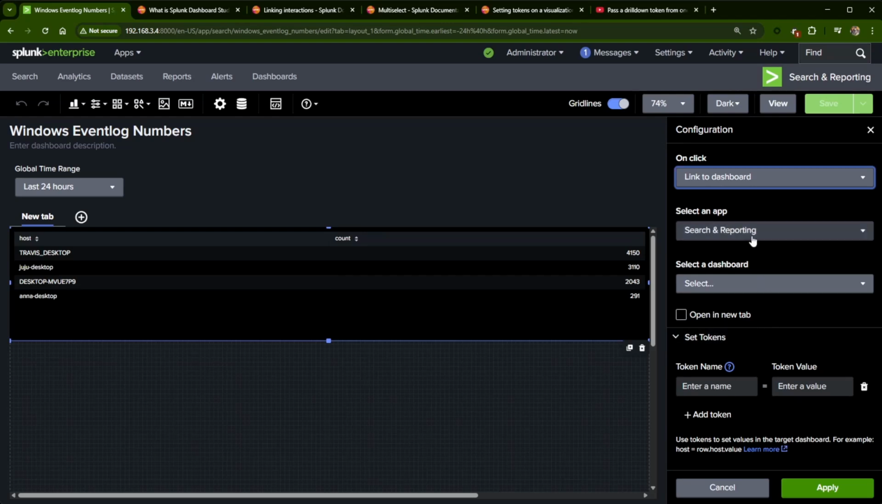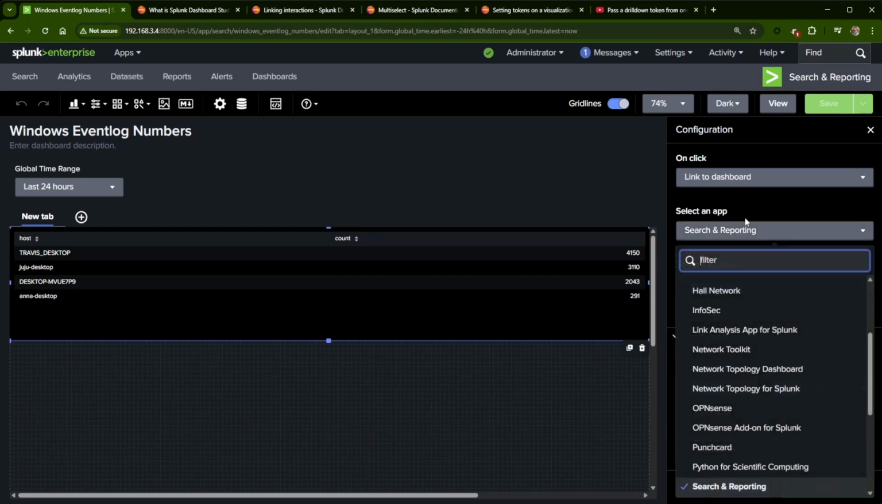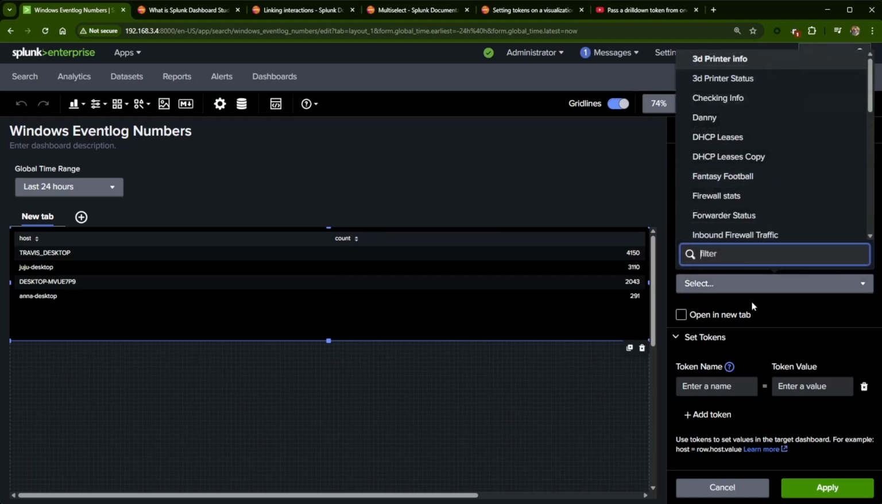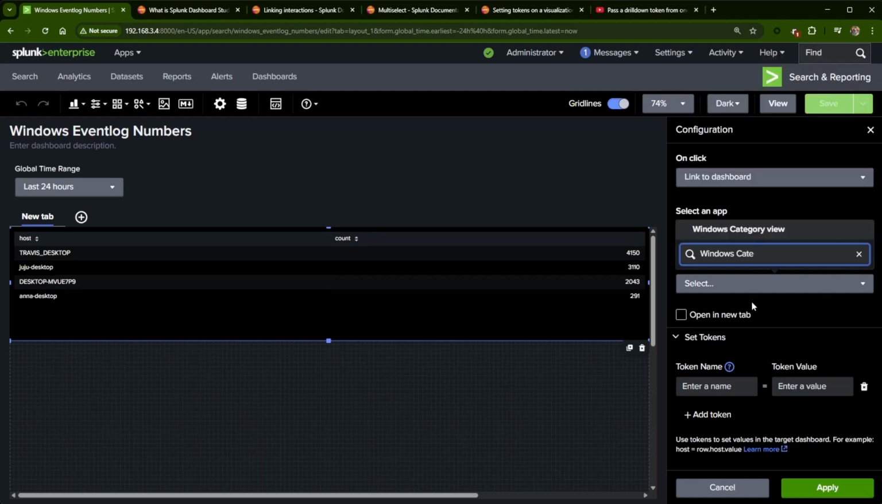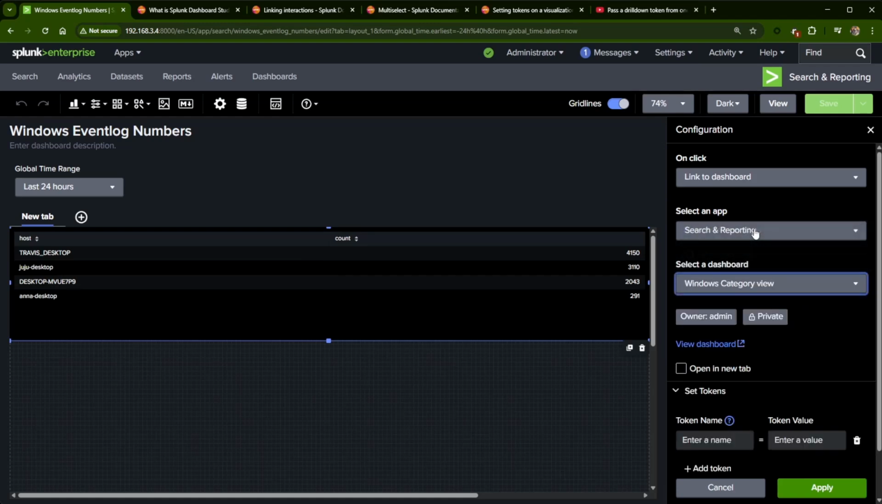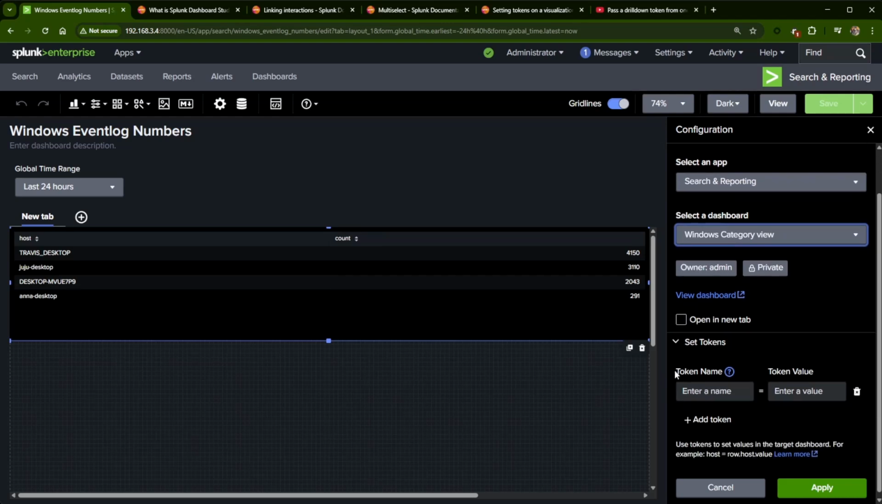I'm in this app, but you can select other apps, and I'm in search and reporting. If I type in Windows, I should find, come on now. There we go. Should find that Windows category view. Your owner, private, shared out, whatnot. Open in a new tab, yes please. And then token value. It gives you some ideas what you can use right now, but I'm going to call it, because I want to pass the host name, so I'll just call it